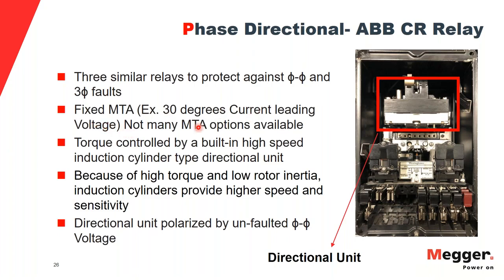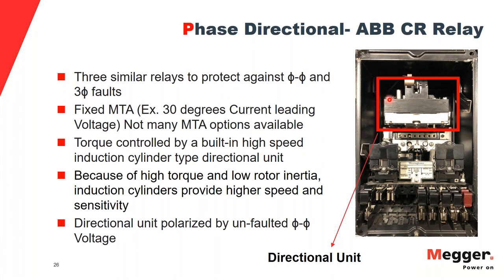So there are not many MTA options available in electromechanical relays. Now let's talk about this induction cup type unit, which is the directional unit. This has diametrically opposite winding coils: 2 coils for your operate quantity, 2 coils for your